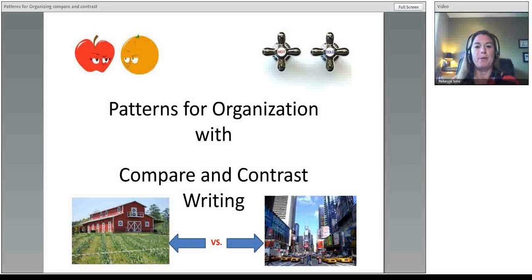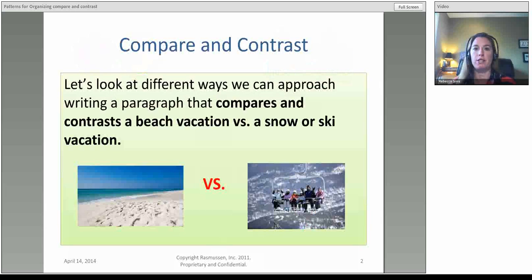Okay, when doing a compare and contrast writing assignment, you need to figure out how you're going to organize your ideas. And so today what we're going to do is go through a variety of options for you, or methods for organizing ideas in a compare and contrast written assignment. So using the example of a beach vacation versus a snow vacation, I'm going to go through 3 different methods